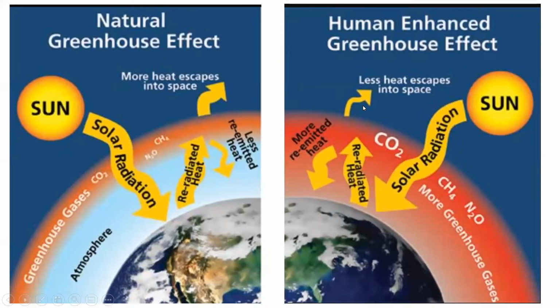But humans are putting greenhouse gases into the atmosphere, which we'll go into more detail on a bit later, and actually causing less radiation or less heat to escape into space. So more is being kept in the planet. So that's the general overview of a human enhanced greenhouse effect. So there is a natural greenhouse effect, but humans are enhancing it. They're making it kind of stronger. So we'll go into more detail now.